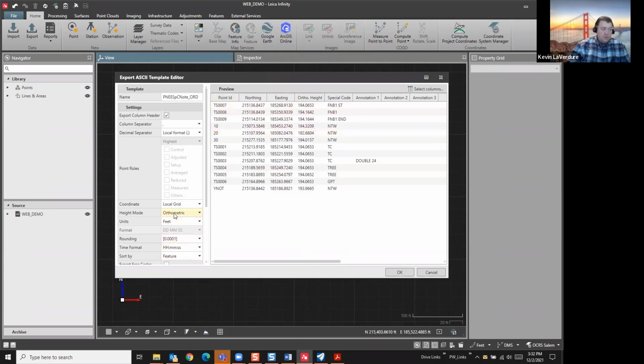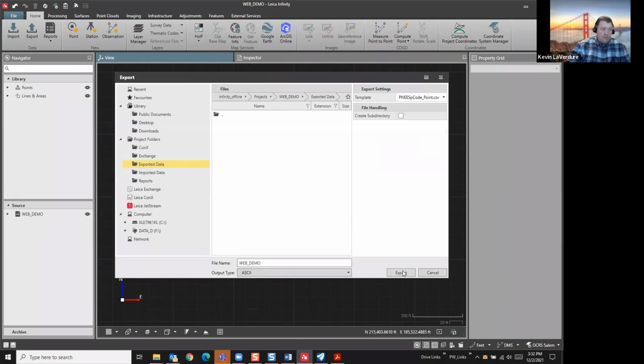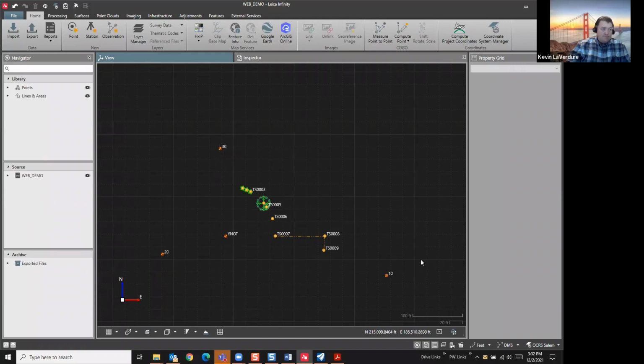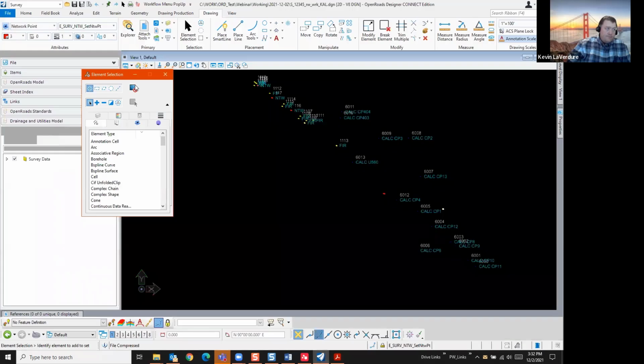Code still does it as CSV, but everything's set properly. So I export it. And so this will be the format. Actually, I'm out of time and I wasn't planning on doing this, but since I still have ORD up